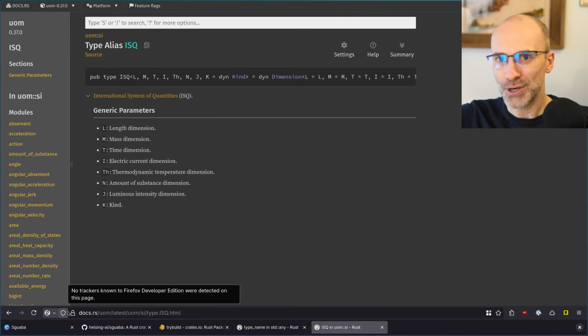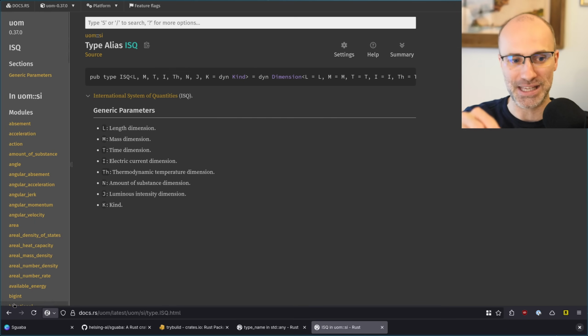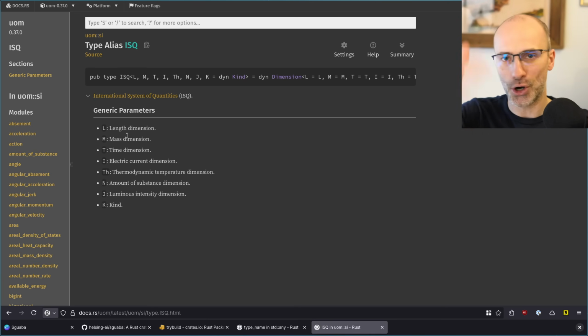Every unit can be expressed in terms of these. Meters is length to the power of 1, and all the others to a power of 0. Meters per second is length to the power of 1, time to the power of -1, because it's divided by seconds, all the others are 0. Acceleration is length to the power of 1, time to the power of -2, so meters per second squared.